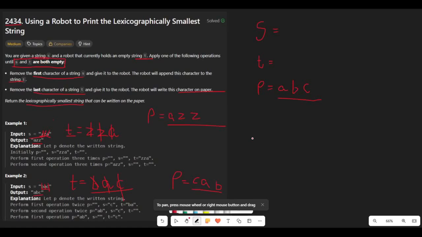Now we know that we got the sequence, but we need to develop an algorithm which will implement the sequence. So let's see first which data structure we will be needing to solve this question. For T, we know that we can remove the last character of the string and use it. And while inserting also, we remove the first character of the string S and append it at the end of T. So from this we can see that on T we are performing the operation at the end only. So we can take T as a stack,